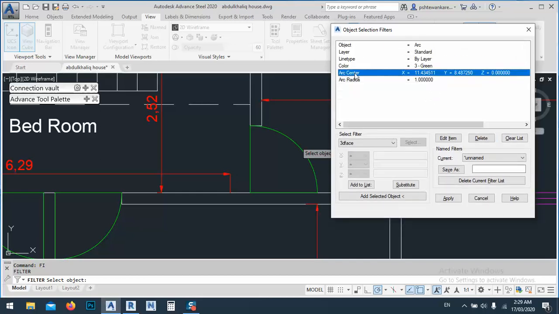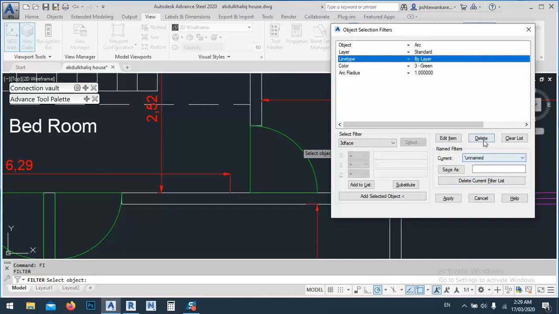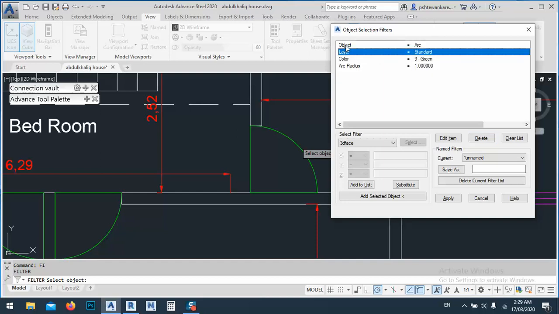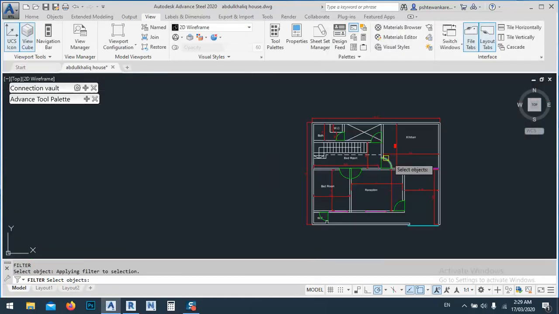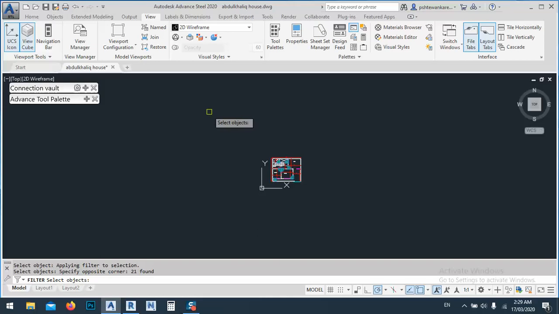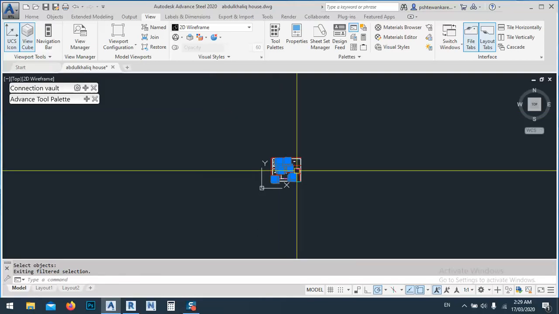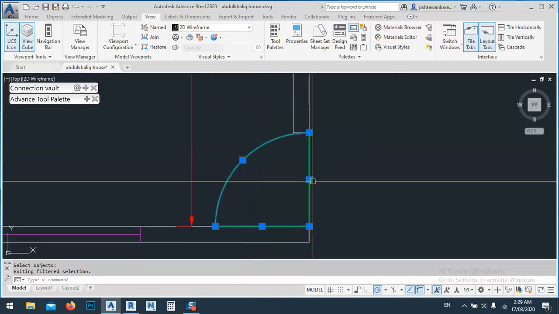As you see, the arc center, I want to delete this one also. The line type ByLayer, I want to delete it. And let's say what we remain only is this one. Okay, so if we say apply and select, after that enter, you see every arc